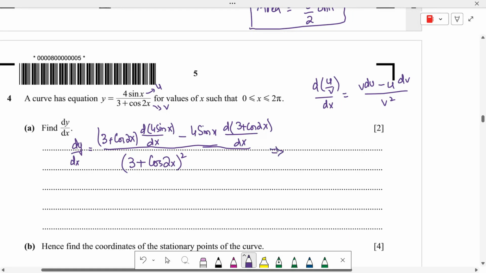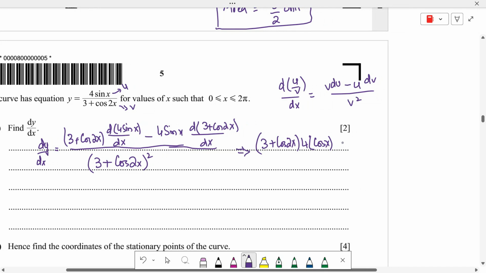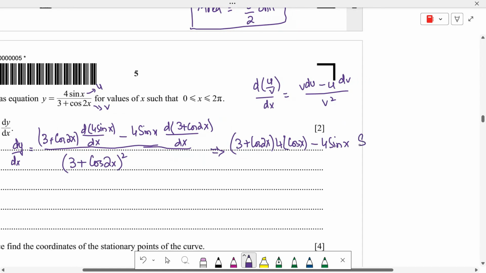When we solve it further, 3 plus cos 2x remains the same, and the derivative of 4 sin x is 4 cos x. Minus 4 sin x remains the same, and the derivative of 3 is 0, and the derivative of cos 2x is negative sin 2x times the derivative of 2x,